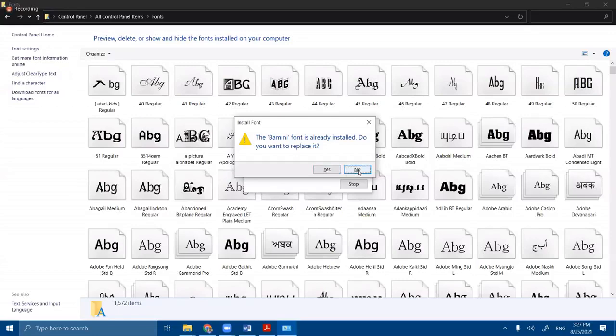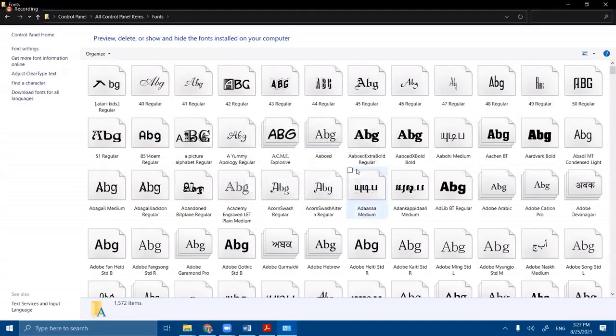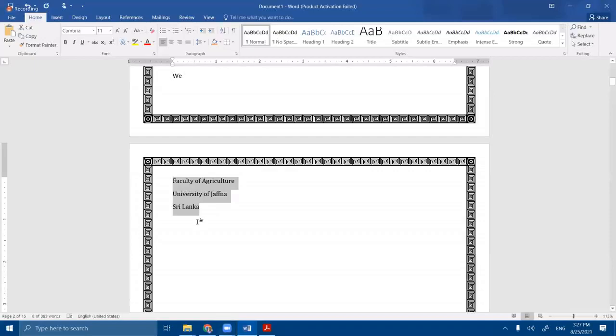No, it omits the install. Right? There are so many ways to install a font, but this is an easy method to install. And then now all fonts are there. You can select the font here,